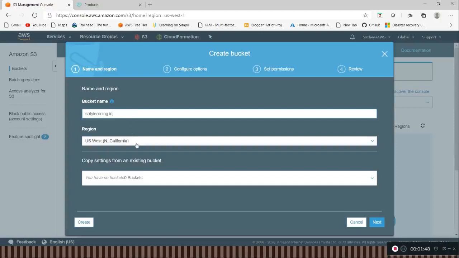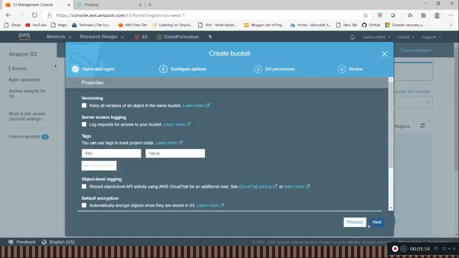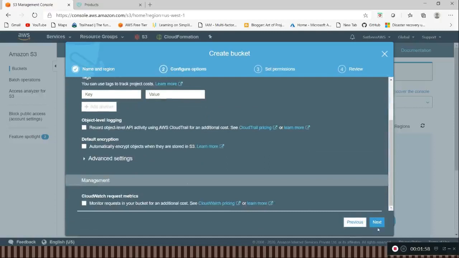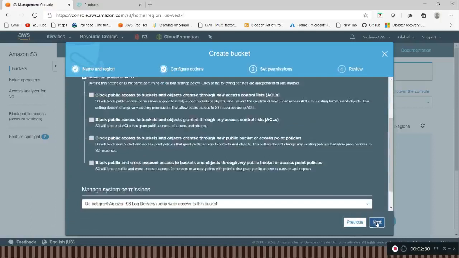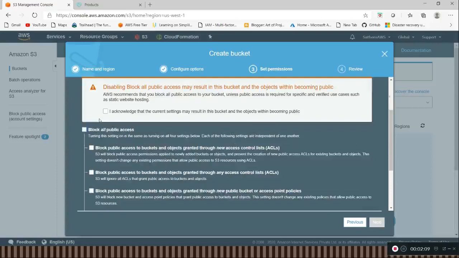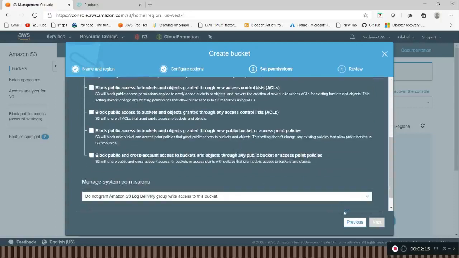So I am selecting the US West region. I am clicking next. So keep it as this, and I am giving public access to this S3 bucket. Then only we can access this in the public domain over the internet.